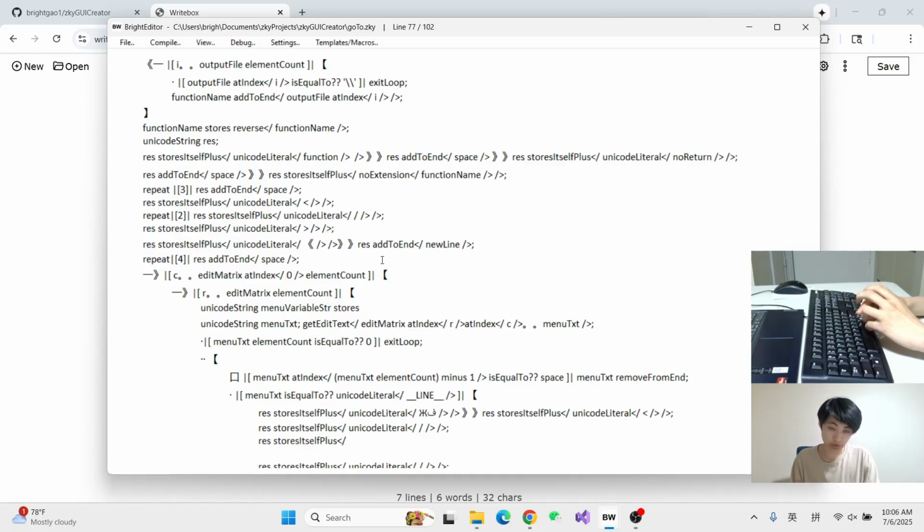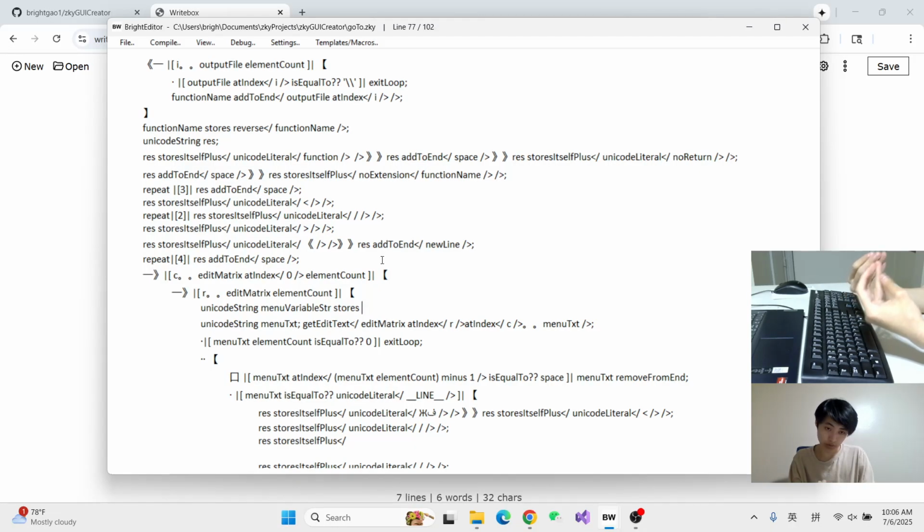The menu variable string. The current menu variable string stores